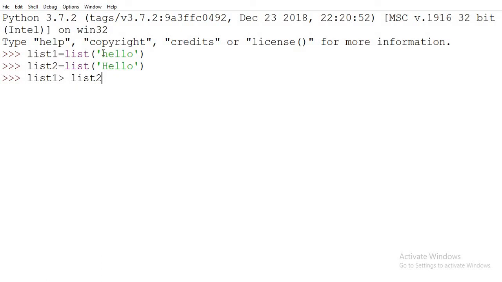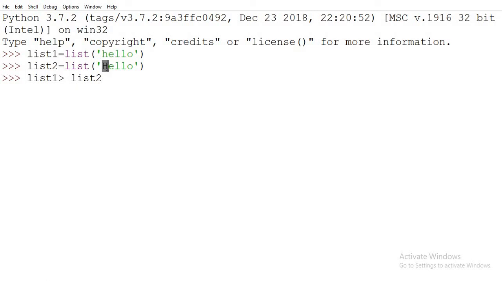As in the case of a string, it will take the first two characters and compare the ASCII values of those two characters, and whichever has the maximum ASCII, it will consider that value as the maximum one.